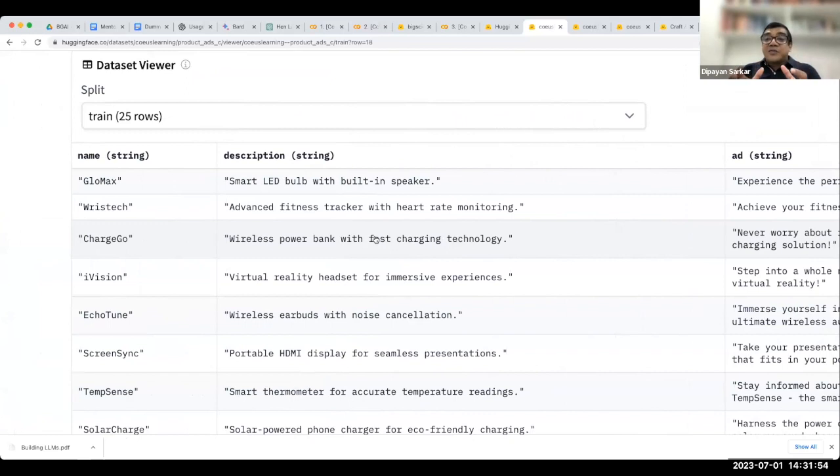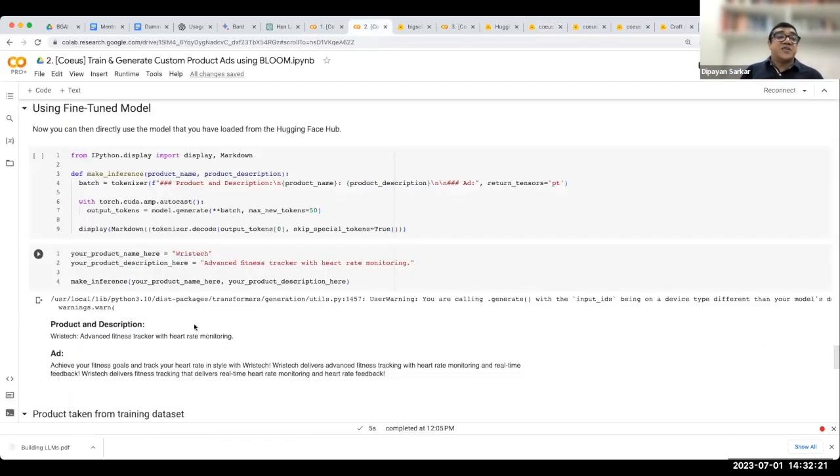Now what I'm doing with this is I am saying, okay, now this Bloom 7B is downloaded and retrained on this particular data which you see on my screen, and a new model is created. Can I use that new model and ask something which is related to either my products or similar products, or even I can use probably products which is outside my domain. So here is where, if you see